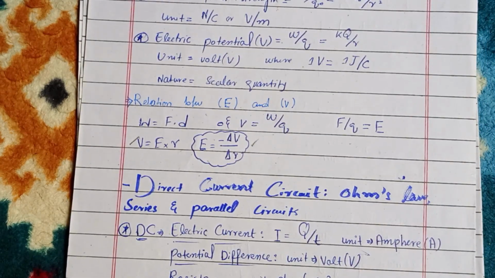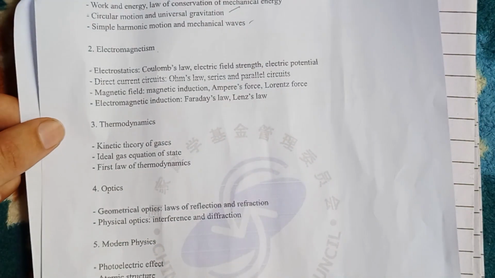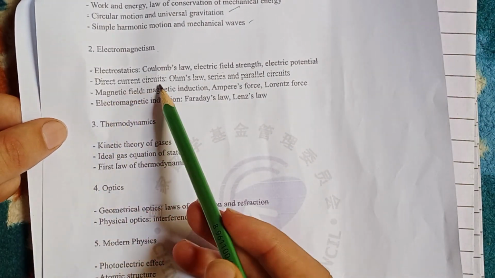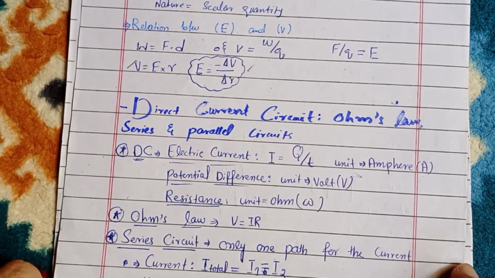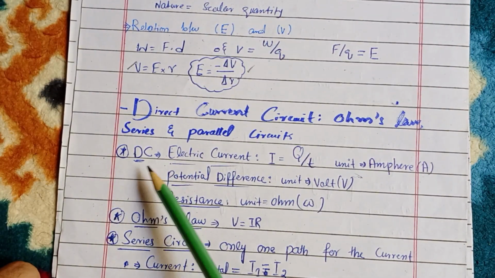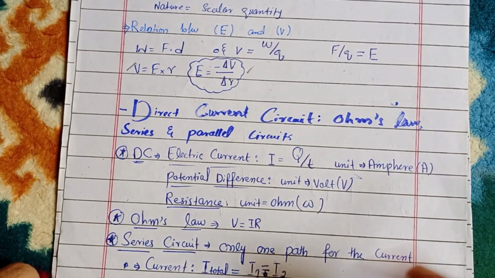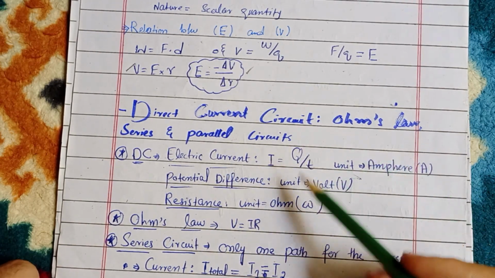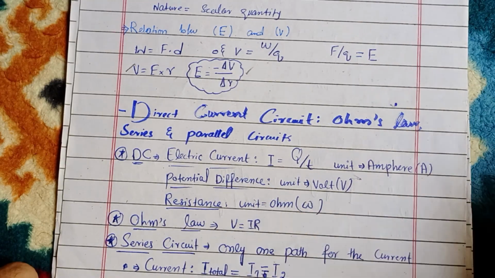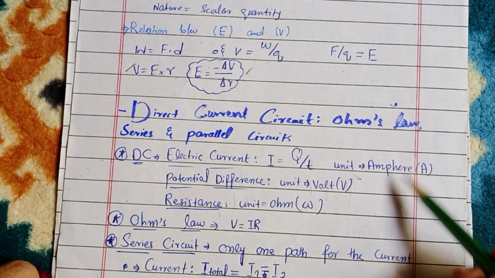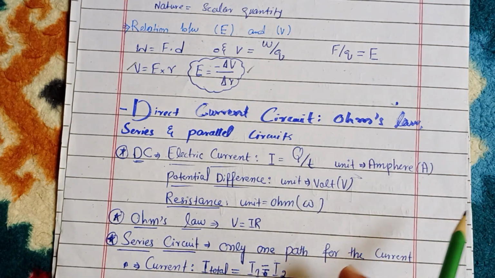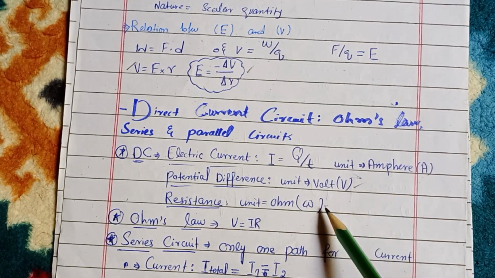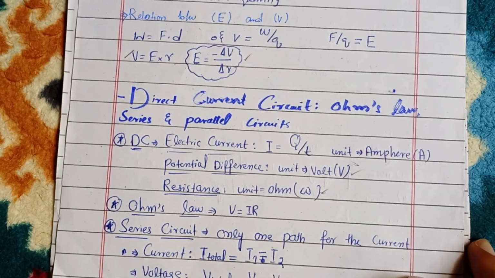Now go to the next subtopic, which is direct current circuits: Ohm's law, series and parallel circuits. Here it is written DC. First of all, we will study what is electric current. Electric current is the flow of charge per unit time, and its unit is ampere. What is potential difference? The potential difference unit is volt and the resistance unit is ohm. These two points you must also memorize. Okay, Ohm's law